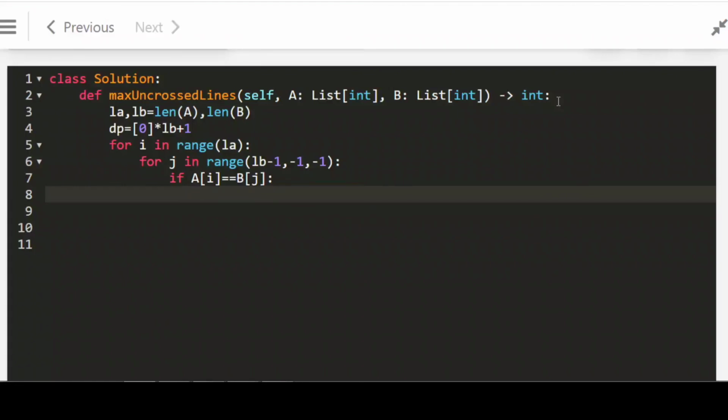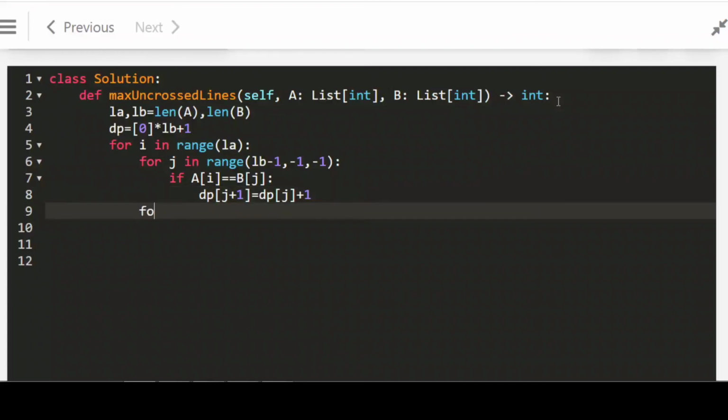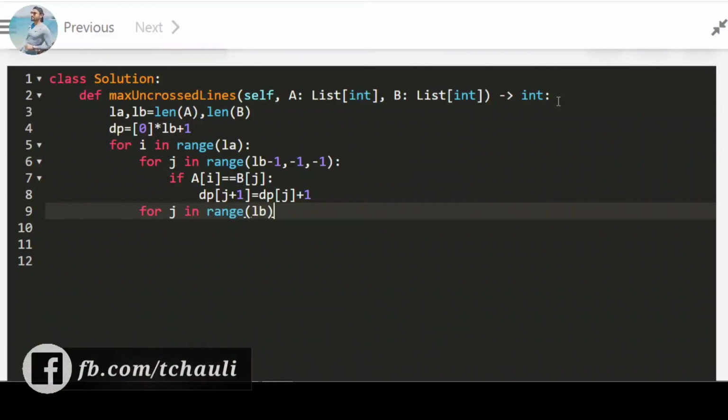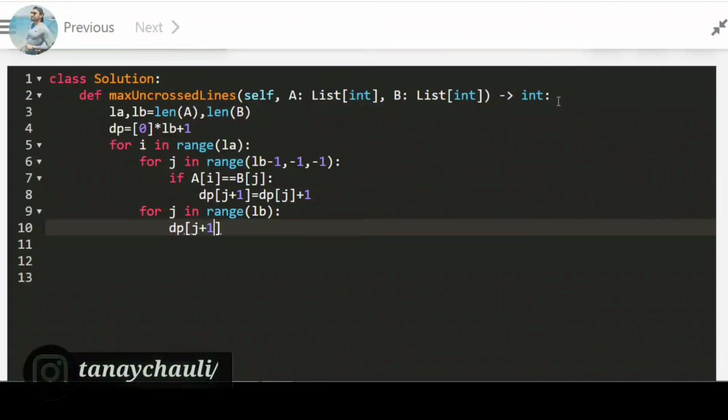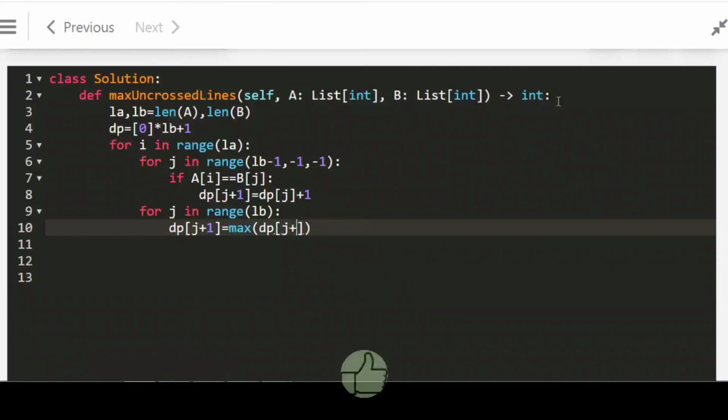If ai equals bj, then we will update dp j plus 1 equals dp j plus 1, and when it is over, then we will pick the maximum value between dp j plus 1 and dp j. So dp j plus 1 equals max of dp j plus 1 and dp j.